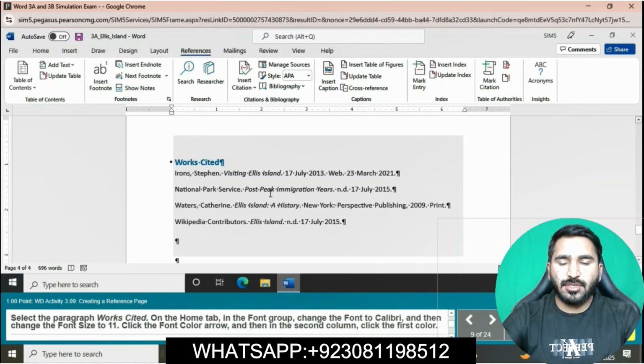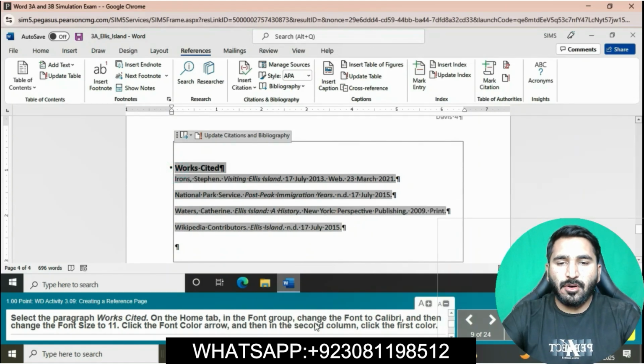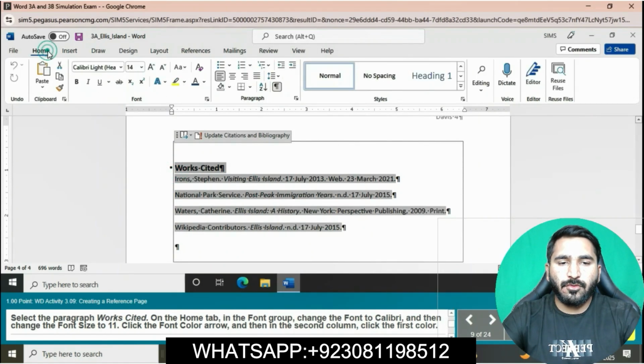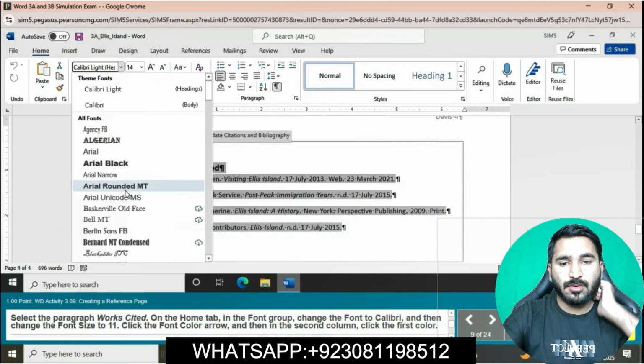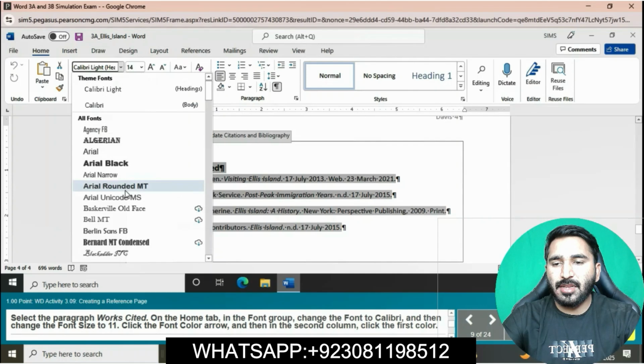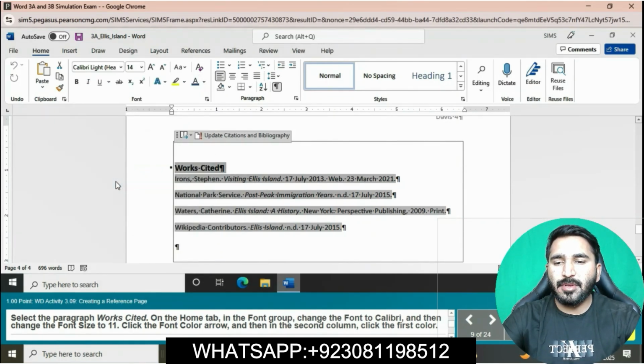First we will select this paragraph, Works Cited, and apply Calibri and then font size 11.